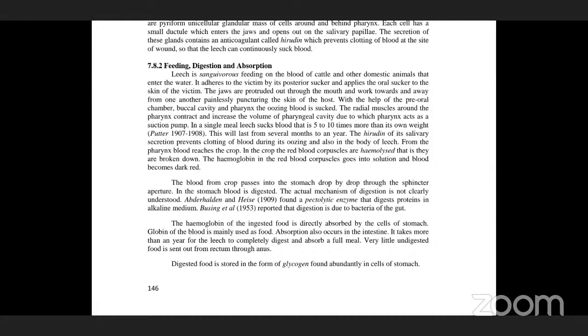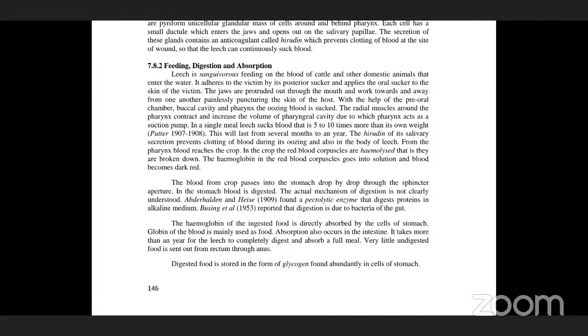So with the pre-oral chamber, buccal cavity and pharynx, the blood which is oozed out is sucked. The radial muscles around the pharynx contract and increase the volume of the pharyngeal cavity. So in a single meal at a time, it can suck 5 to 10 times more than its own weight. So it can live for several months to a year after that also, because it can't get the food whenever it is possible. So the hirudin of its salivary secretion